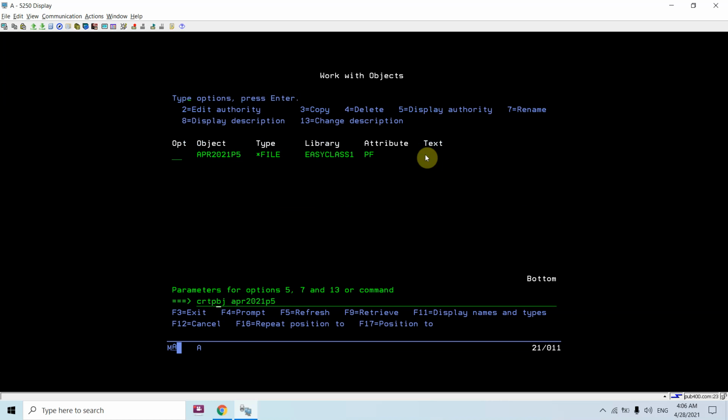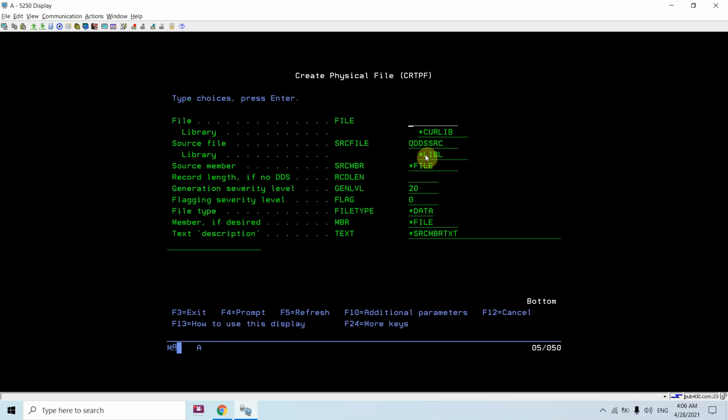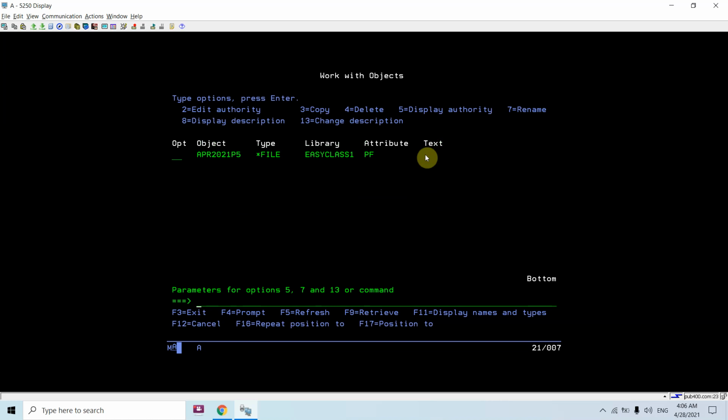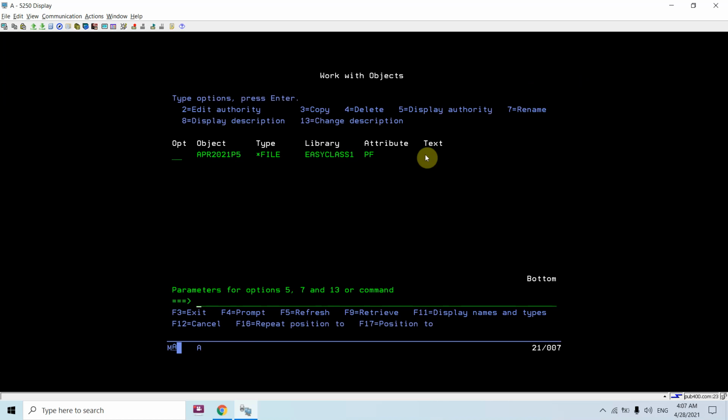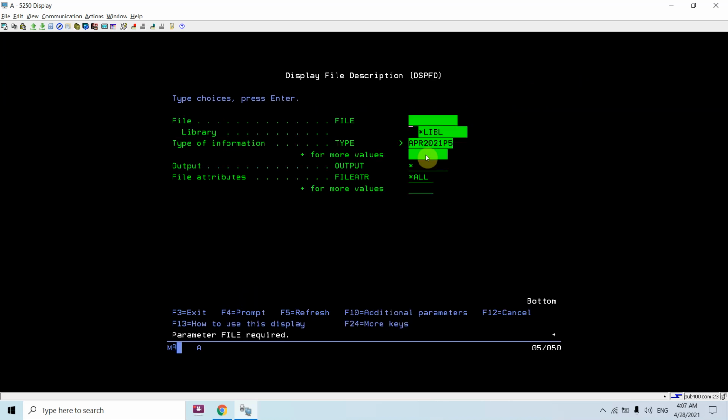I used this command create pf apr, named the file and mentioned the record length as 92 for creating this. So there is no source for this. Let me show you the data inside this. You can see the file and field name are same and having 3 records, data 1, data 2, data 3. And if you do dsp fd here, you will see the record